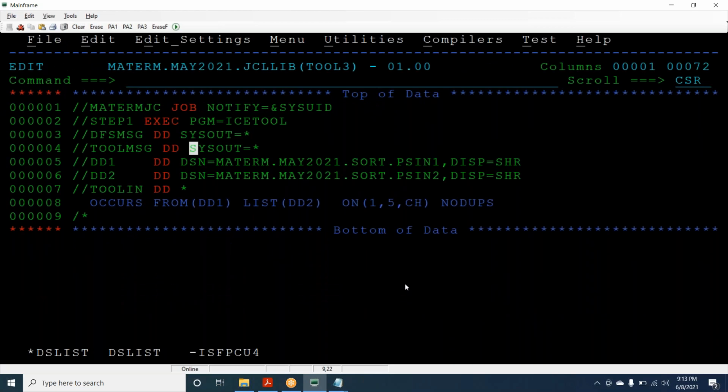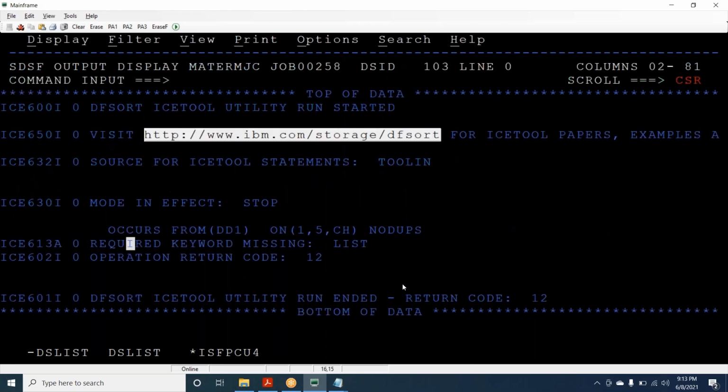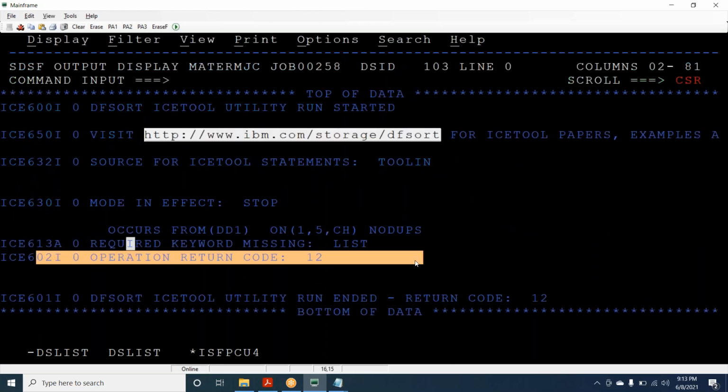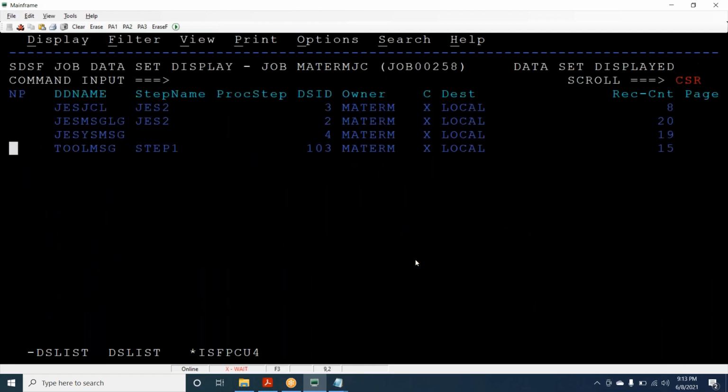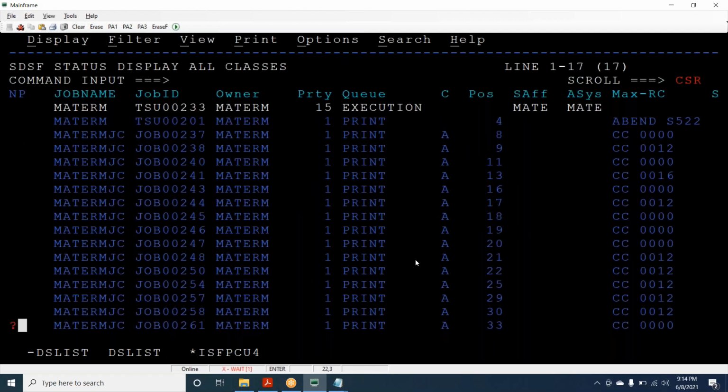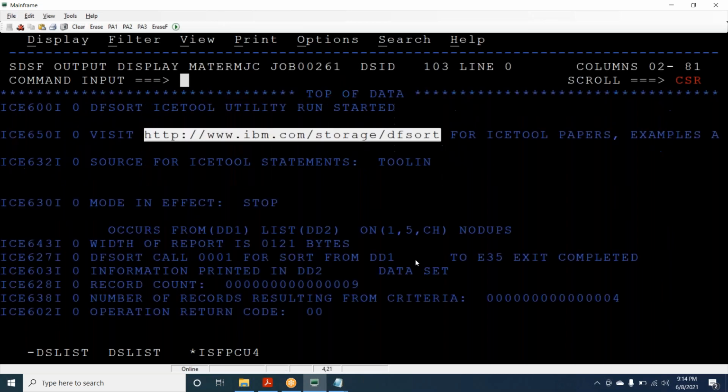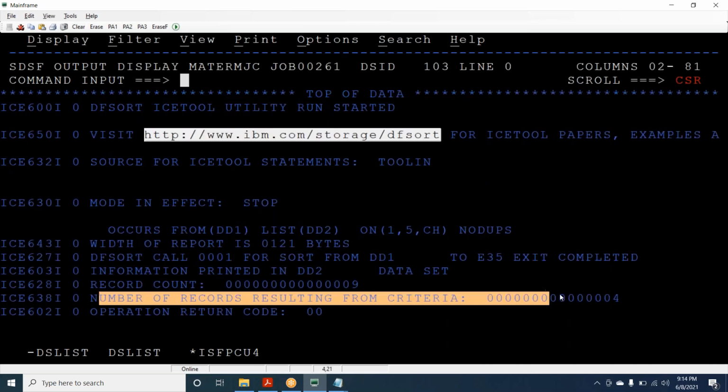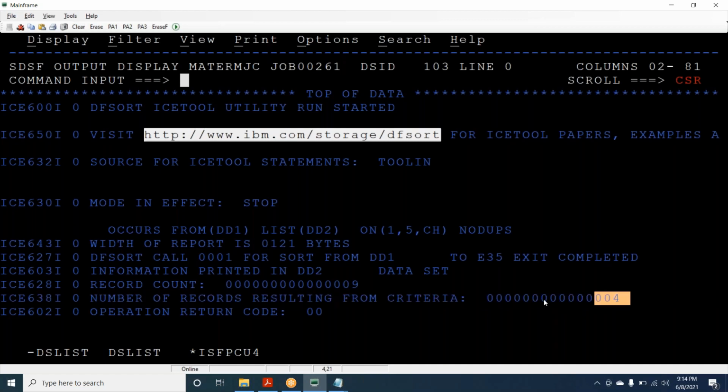So what is this question? The output is coming like this: the number of records resulting criteria is shown. Now this line, this number, I want in an output file. So how to get it?